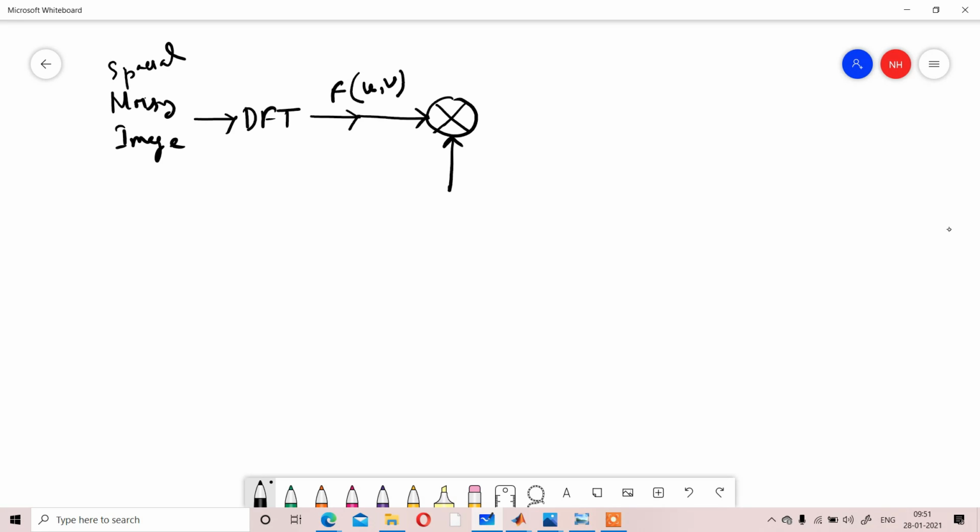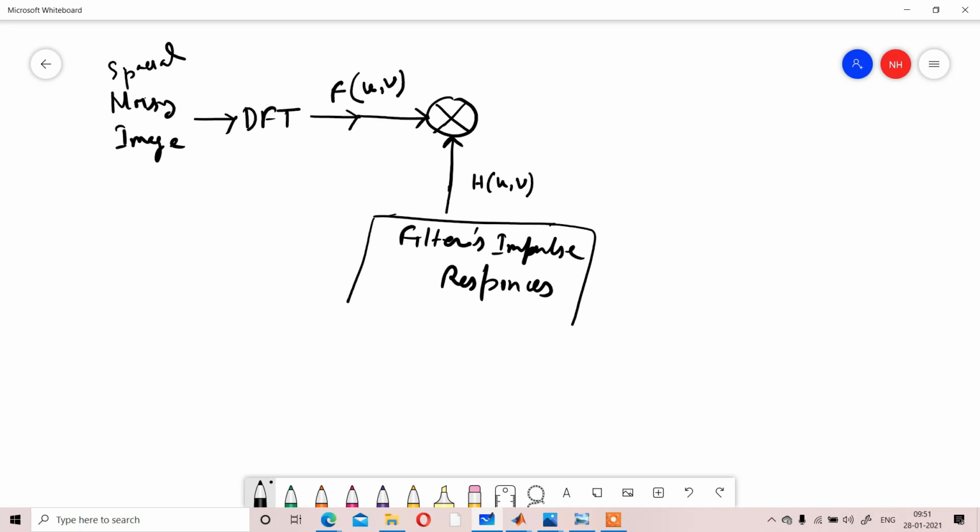That filter will be defined as H(u,v), the filter's impulse response. So that filter impulse response will be designed depending on the result F(u,v).